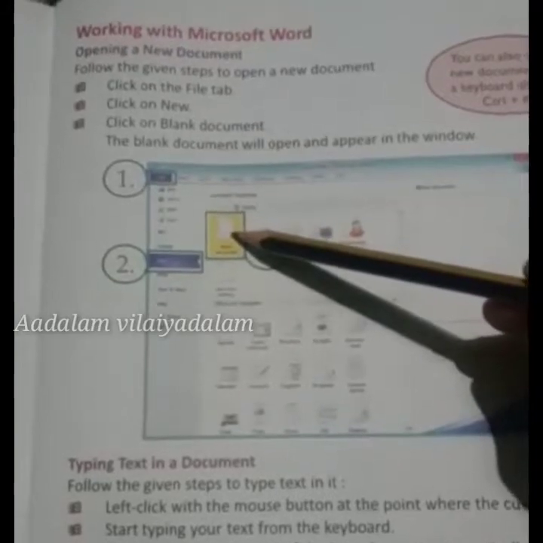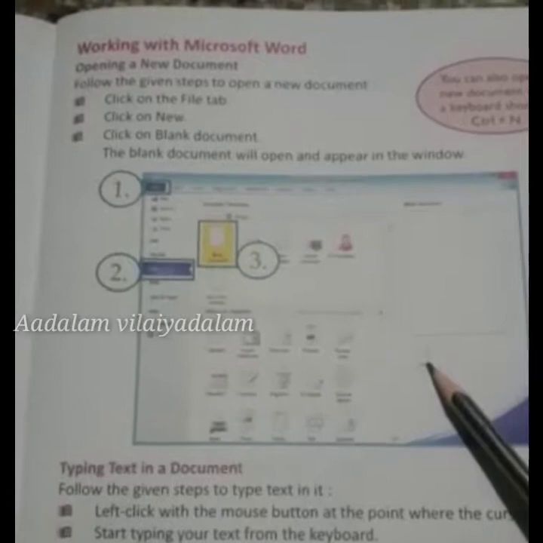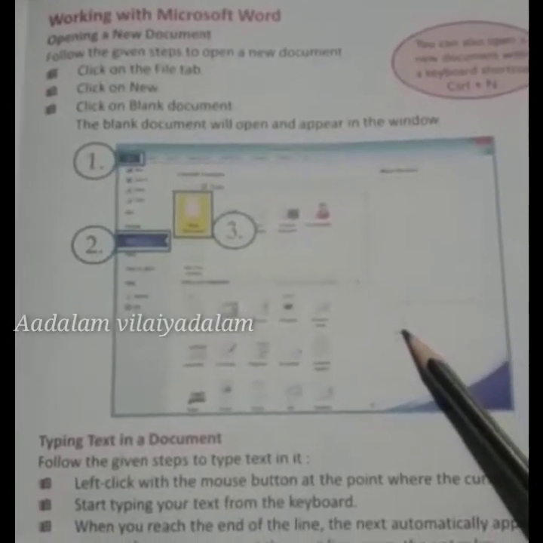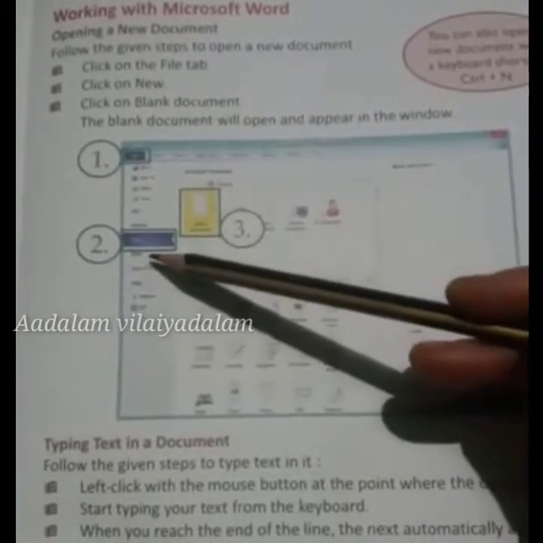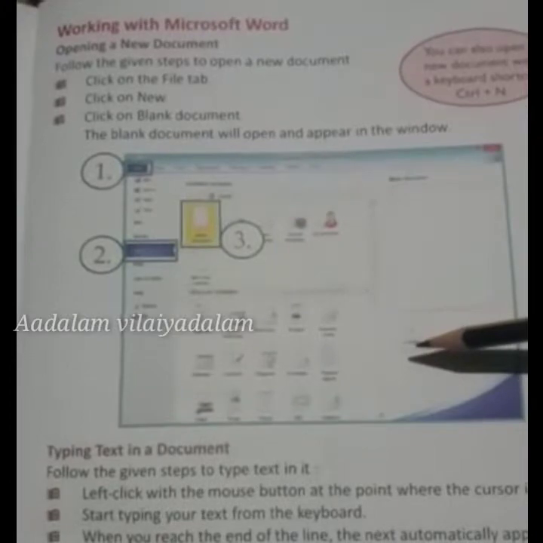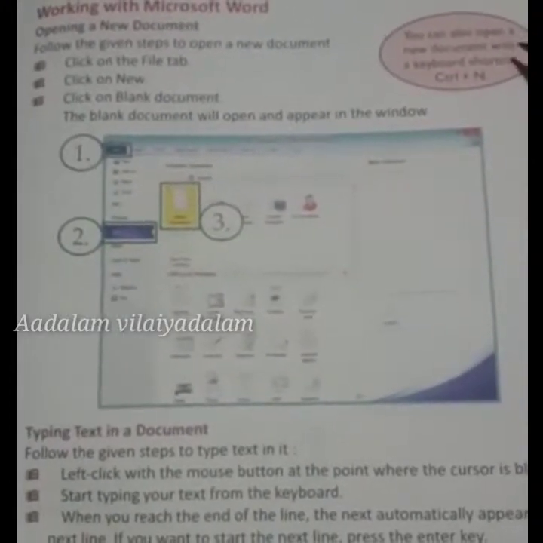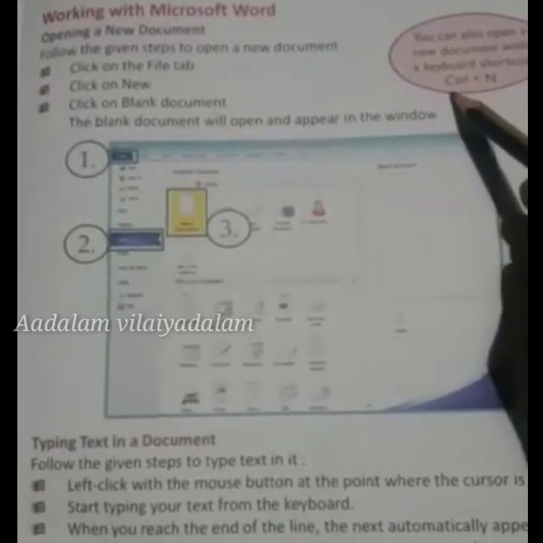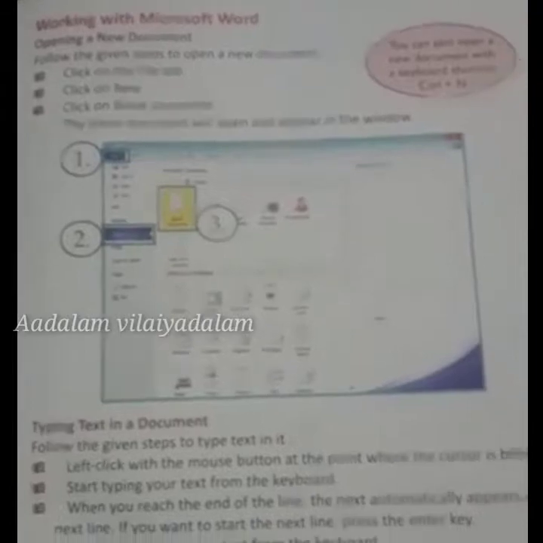From that, click Blank Document and then Create. So, a new document is created in Microsoft Word. Go to the File tab, click the New option, Blank Document, Create. A blank document will be created. Or we can use Ctrl plus N, the shortcut key for opening a new document.